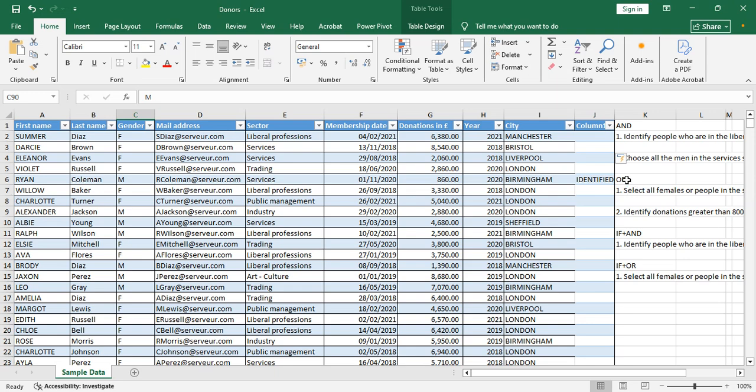Okay, now let's go to the OR function. How do we use the OR function? For the AND function, all conditions, whether 2, 3, or as many conditions as possible, all of them have to be true for it to return true. And if one of them isn't true, we are going to have false. That is the challenge. If all of them are true, we will have true, and if one is false, we will have false. In contrast, the OR function